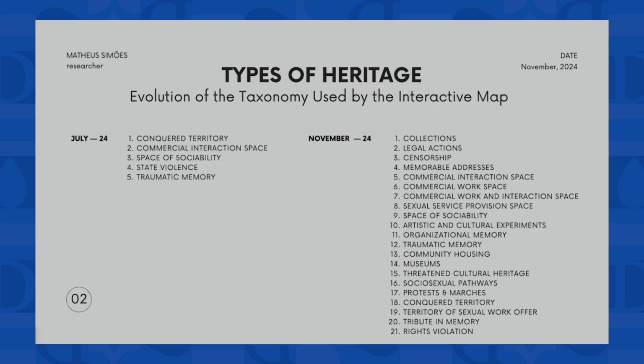Indexing uses the Heritage Typologies taxonomy, expanded from 5 to 21 terms by November 2024. Initially, it included terms like conquered territory and sociability spaces. The taxonomy's evolution aims to better capture LGBT plus community diversity and cultural references, including collections, lawsuits, and censorship. This expansion recognizes the importance of preserving history, including legal and human rights aspects, and highlights collective memory and cultural